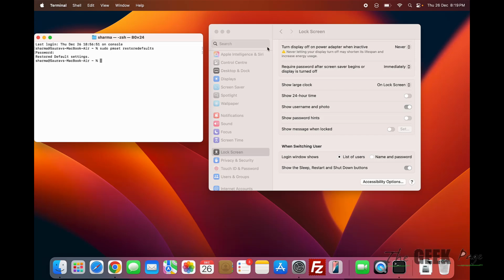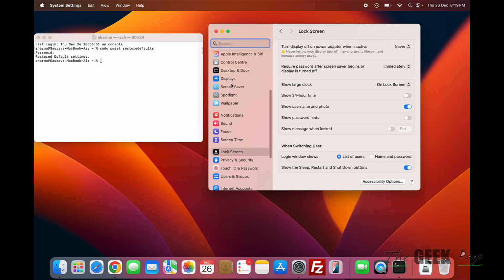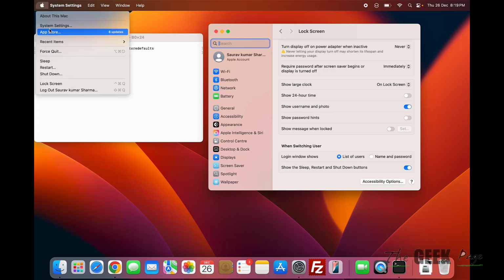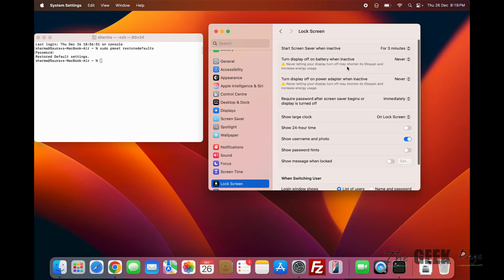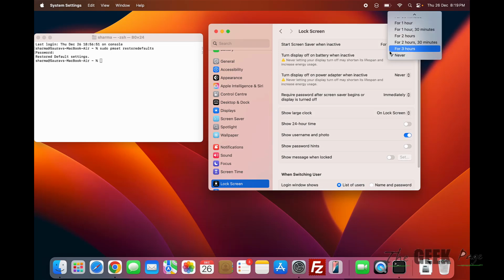After doing this, what you can do, you can just again go back to system settings and make sure in the lock screen area these things are selected as per your